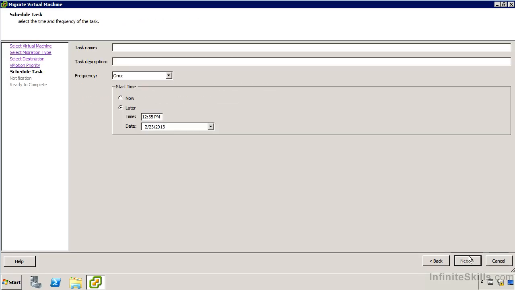If you haven't seen the vMotion video yet, it might be useful to go in and take a look at it. The key point here is that those are really all the options I would have got if I just selected the migrate option on a VM. Now I can create the details for this task. So I'm going to say migrate